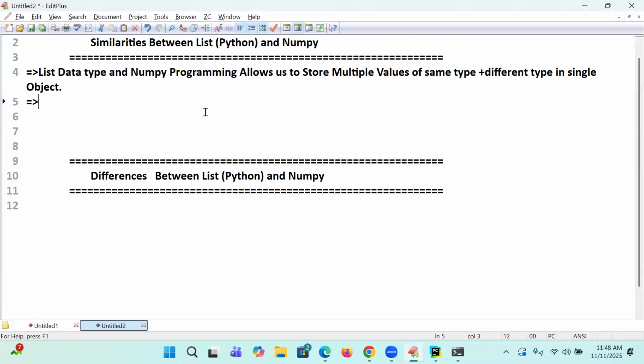That is one thing. Already you are well acquainted with this kind of thing. In NumPy programming, you will learn easily once you know data types very well. Some students who don't know data types, it is like Greek and Latin when I am speaking about it. So when you come to this NumPy and list, it is taking what? Multiple values of the same type and different type in a single object. Next one is both list type and NumPy type objects